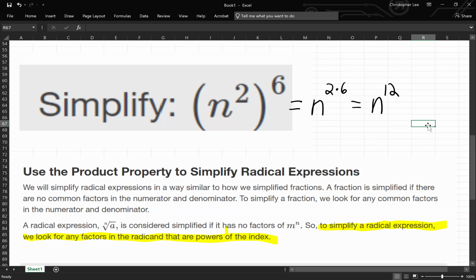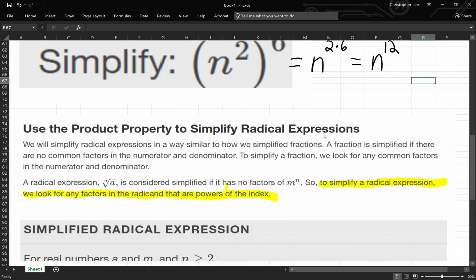A fraction is simplified if there are no common factors in the numerator and denominator. So to simplify a fraction, we look for any common factors in the numerator and the denominator. A radical expression, which is like the nth root of a, is considered simplified if it has no factors of m to the n power. So to simplify a radical expression, we look for any factors in the radicand that are powers of the